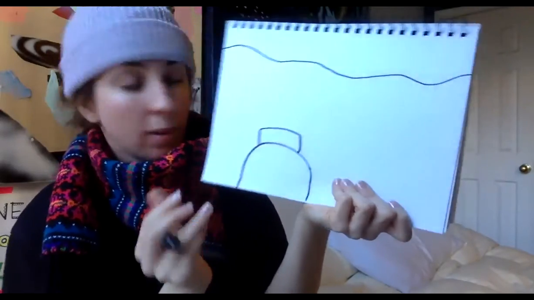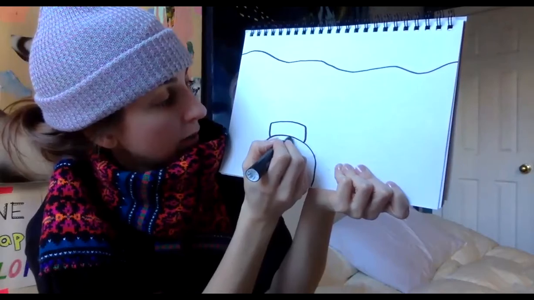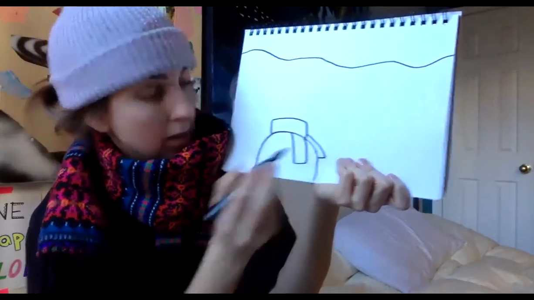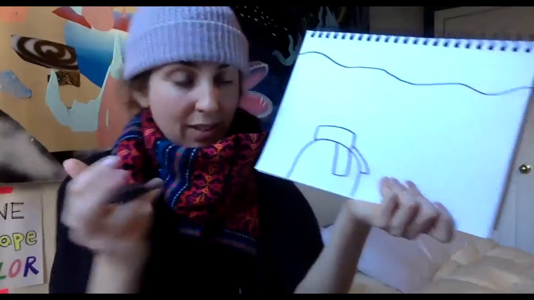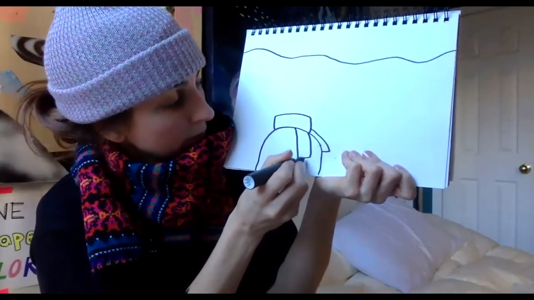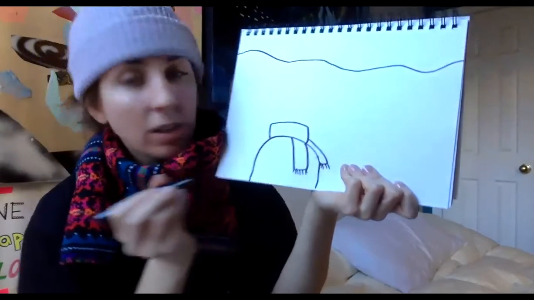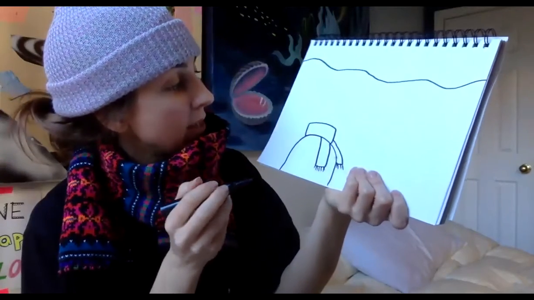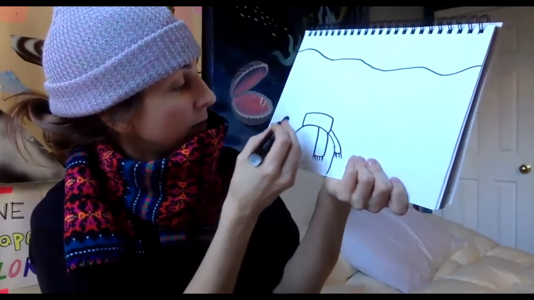Something like that. Okay, then we can draw these ends of the scarf, and you can add any kind of colors or patterns that you like, but let's do that part last. Okay, then we're gonna add our arms,